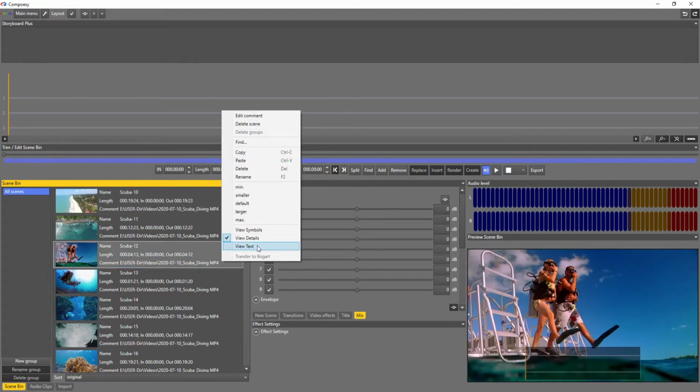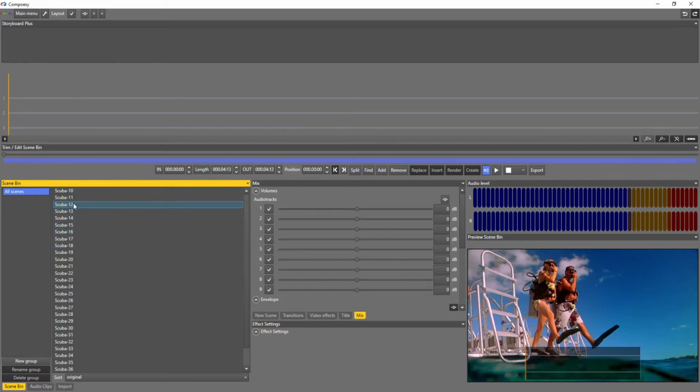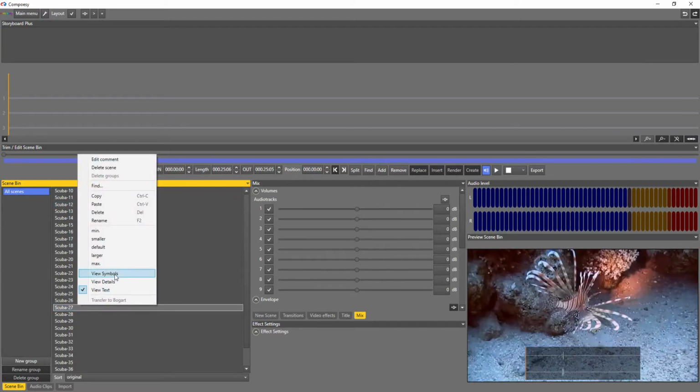A text view will give you just the names of the scenes. Moving along in this view, Composy will show you every thumbnail and the detailed information. For our purpose, we will go back to the symbol view.